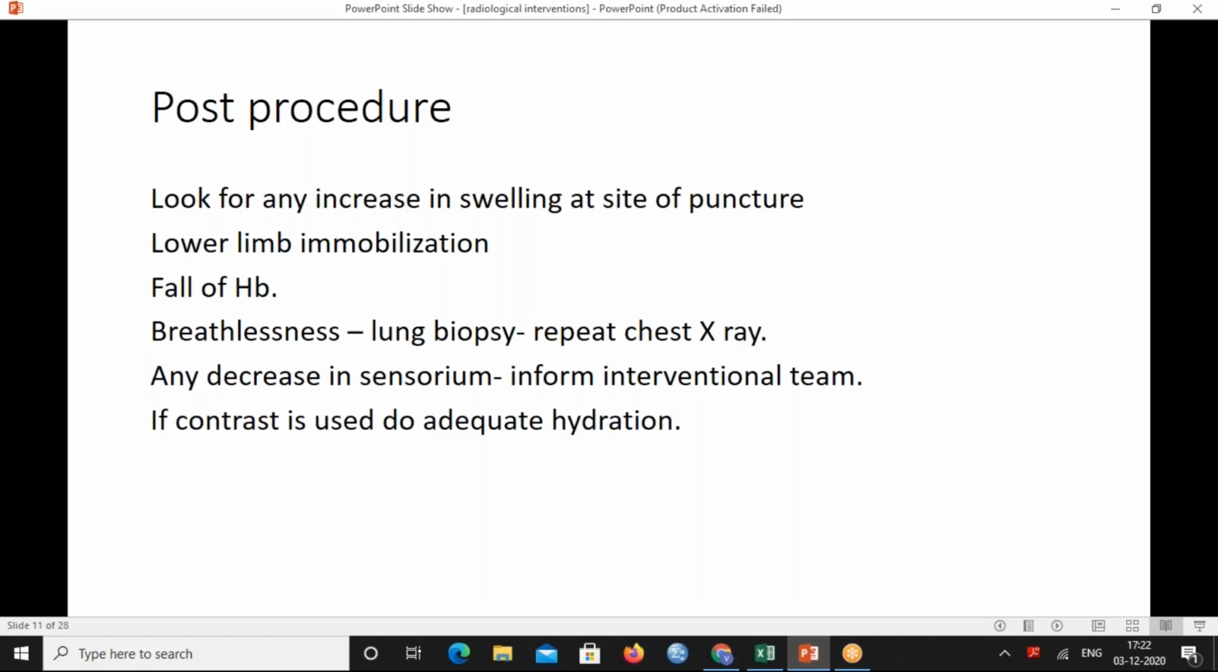Look for any breathlessness. In a case of any lung biopsy, if the patient is having breathlessness after 2 or 3 hours of lung biopsy, it's very urgent to get a repeat chest X-ray and look for any pneumothorax or any